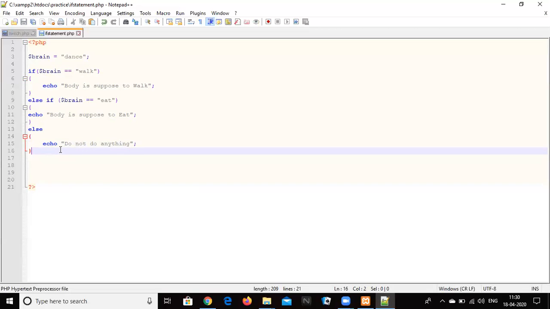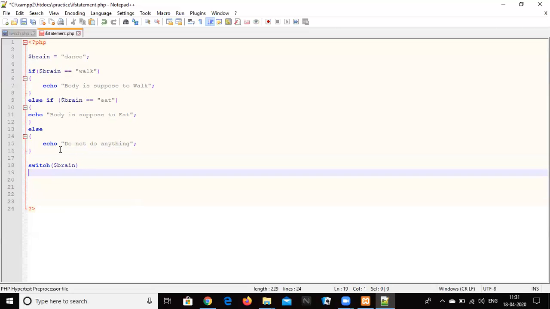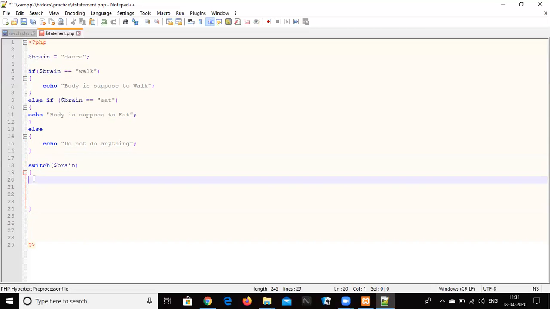Now instead of if, we can write one more thing called switch. It's a decision making program only. So you have to write a syntax like this, open the bracket and close. Whenever you open a bracket, you're always supposed to close it. Always remember that. So first I write case. This is like when you've gone to some court or something. So there are cases for everything. So if the cases of